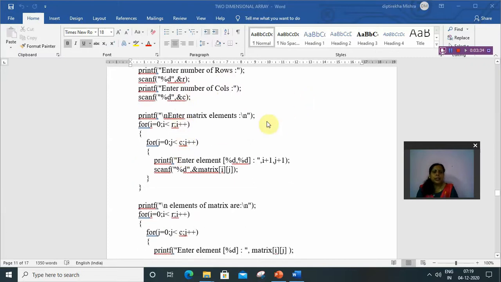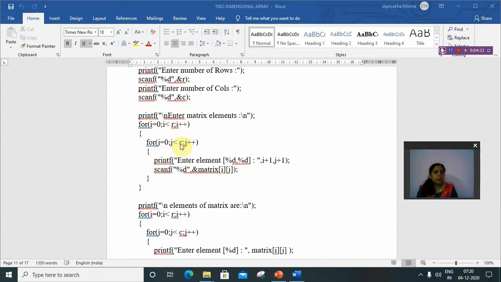Then these two for loops are for entering and storing the elements in the matrix. As I discussed in the previous class, the first loop is for rows and the second for columns. The first value is stored at matrix 0 0. After that it will increase the j value and store the value at 0 1, then j increases to 2 and it stores at 0 2.